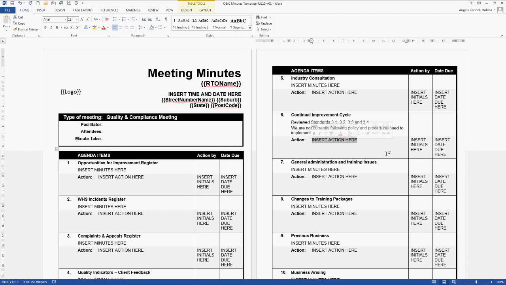It's also the Industry Skills Council, so getting advice from other people who can help you with your delivery of your training and assessment. The Industry Skills Council is the people who write the training package, so they're really good people to be getting in contact with regarding changes in training packages and getting a better understanding of those training packages.